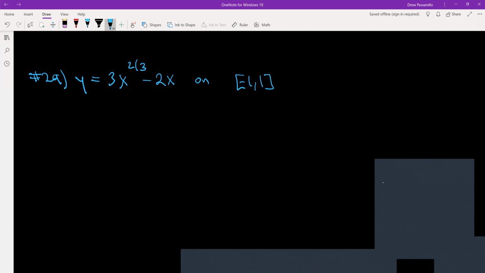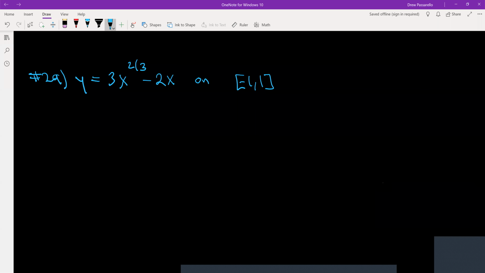Okay, so 29 is y equals 3x to the 2/3 minus 2x on -1, 1, and finding the derivative. That'll be 3 times, and then do the power rule, 2/3 x to the 2/3 minus 1, then minus 2 times 1, because the derivative of x is 1. Now the 2/3 and the 3 can divide out, so you just have y prime is equal to 2x to the